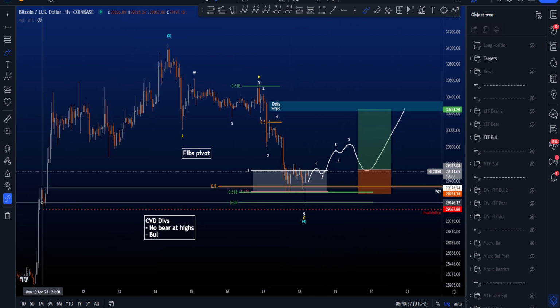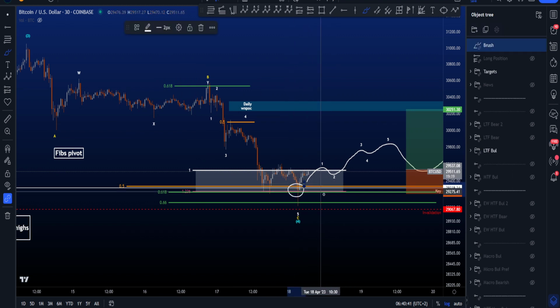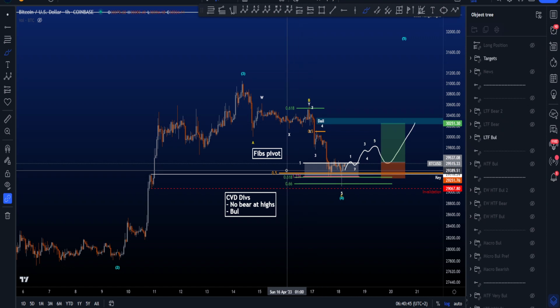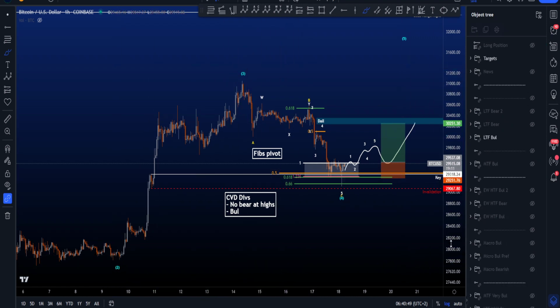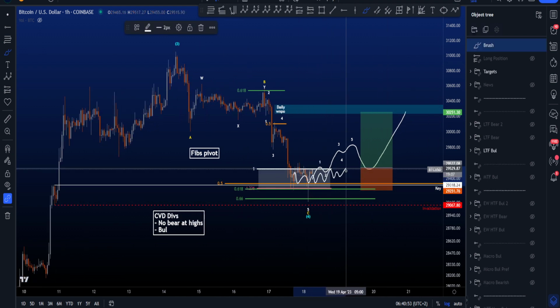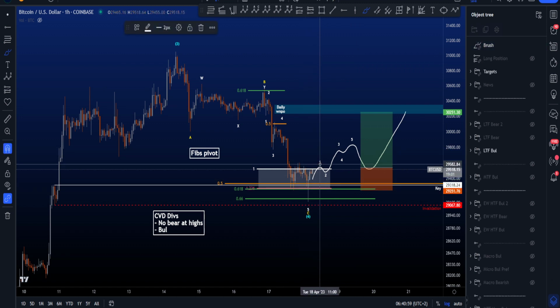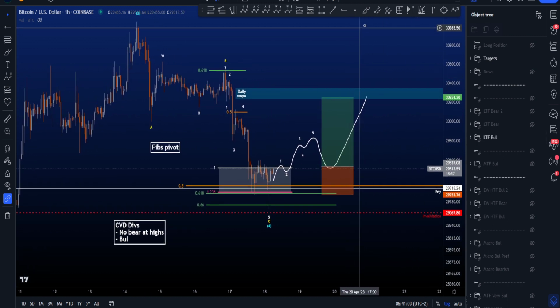Didn't reach the invalidation just yet though, but if we go to the 30-minute, you can see that 30-minute candles did close below the 0.5 fib at the moment, which usually is a maximum target for a wave 4 taken from the low of 2 to the high of wave 3. So the longer we stay down here, the less likely this bullish scenario becomes, because after this wick to the downside, you really want to see price push to the upside.